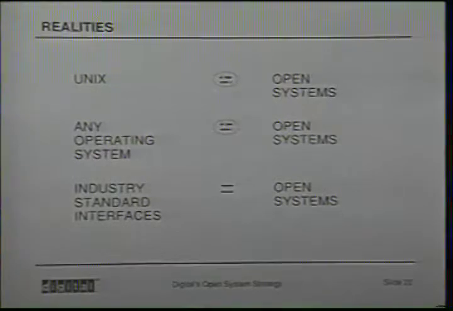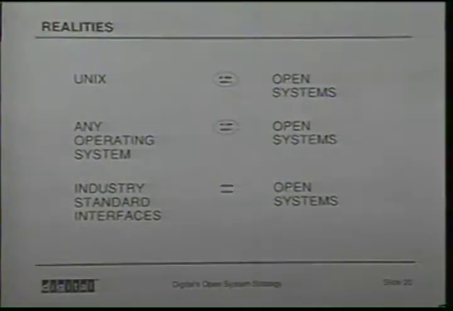So if you use the hexagon model, and you talk about it as our ability to deliver an application environment that has the ability to develop portable applications and also deliver the interoperability that people are talking about, we are showing that, in fact, an open system is not equal to Unix. It's much, much more than just an operating system. So in truth, no operating system equals an open system.